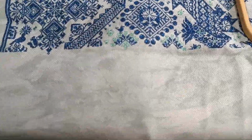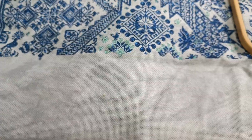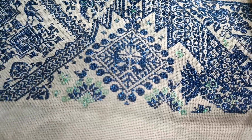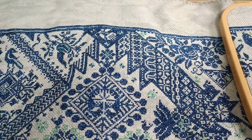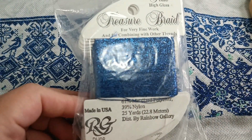I love the fabric for this design. I had it for a very long time. I don't remember why I ordered it, but it's kind of a marble-ish gray fabric. But it's a 25 count, and look at this beautiful thread. I'm stitching it, like I said, with treasure braid in this beautiful royal blue color,